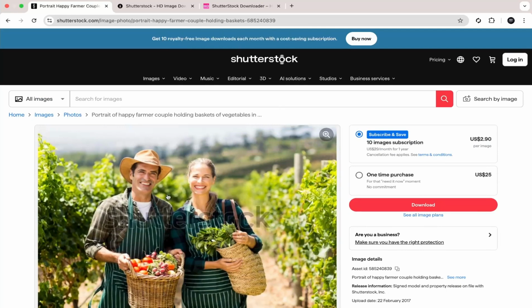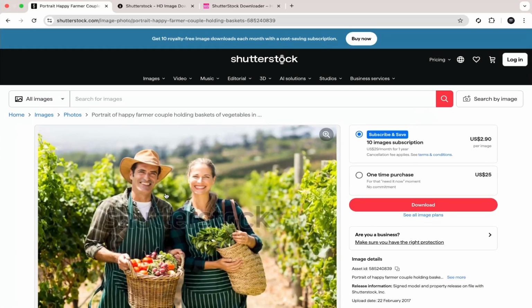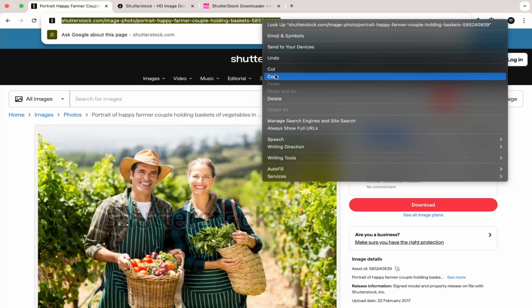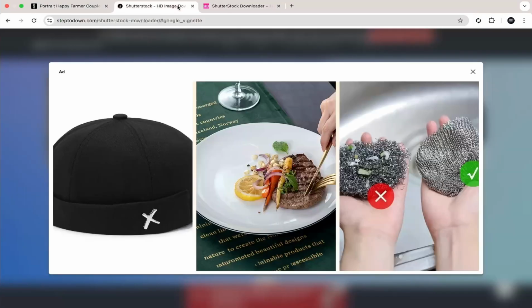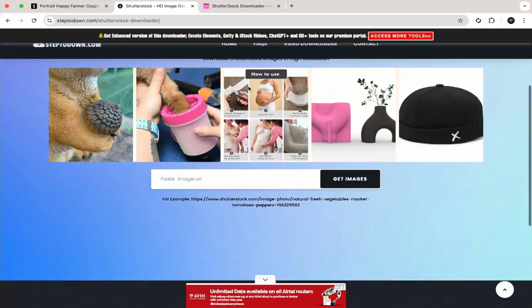So right now we are in this section of this image. Now if you go to your website search bar, you will see this: shutterstock.com/image-photo/portrait-happy-farmer-couple-holding-basket. This is the link. Now what you're going to do is just right click and copy, then go to this website. Yeah, there are two websites for this. I just want to show you guys different options. So the first is